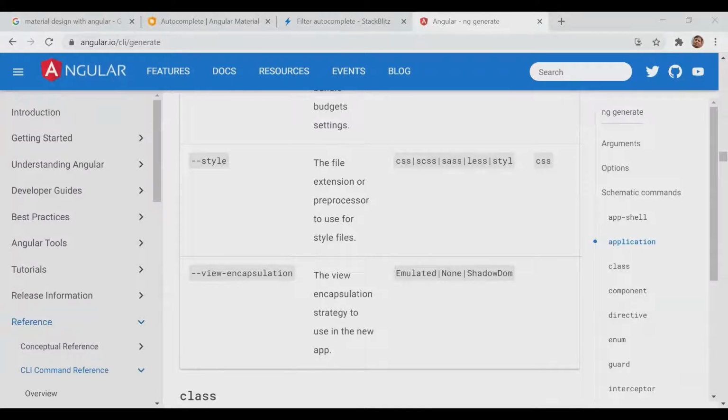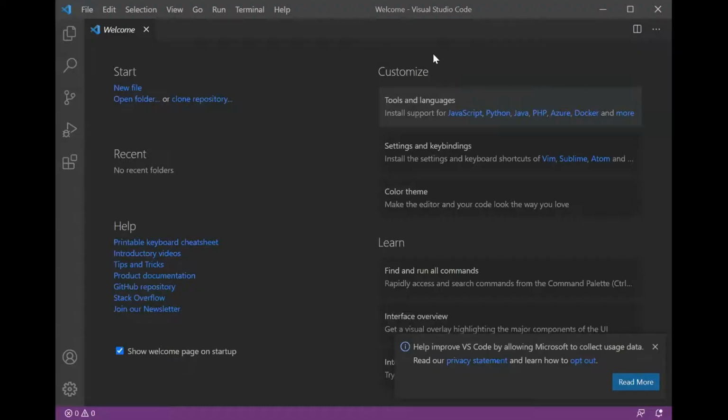So we have opened VS Code, right? And what is happening here? I guess I cannot see your screen right now. I can see only Angular. Okay, you cannot see my screen. Let me open. Just share the whole desktop. Okay, let me stop and then share again. Yes, whole desktop.